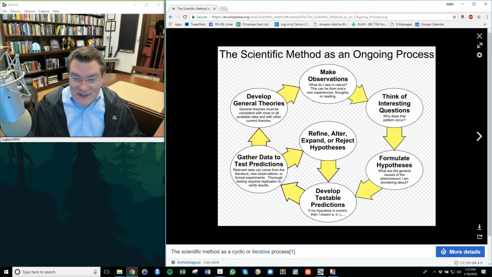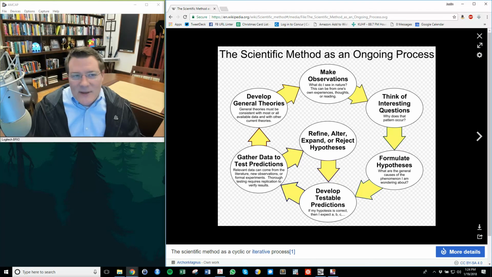Formulate hypotheses, which is basically theory development, develop empirically testable predictions, gather data, and then refine, alter, expand, or reject. Never accept hypotheses. And then that goes in a cycle, and then you develop general theories which ultimately lead to new questions and new hypotheses, right? So theories are ultimately the source of hypotheses and predictions, which then get refined, but never really accepted, right?